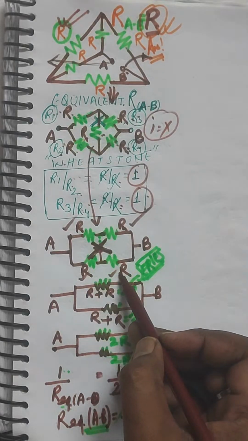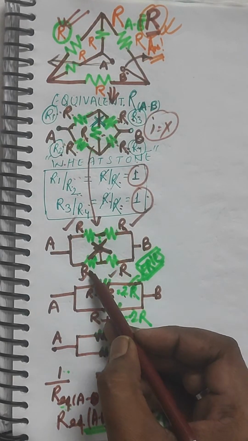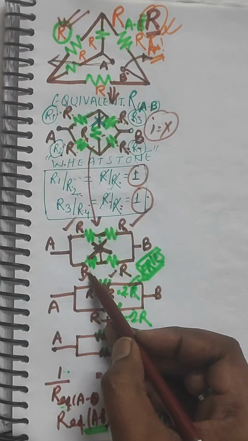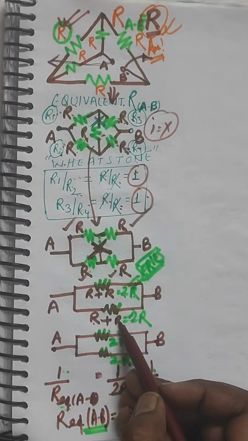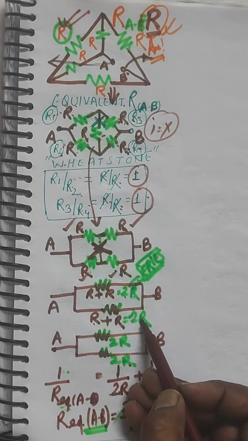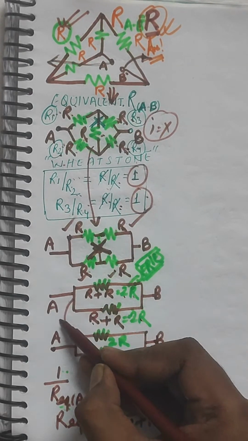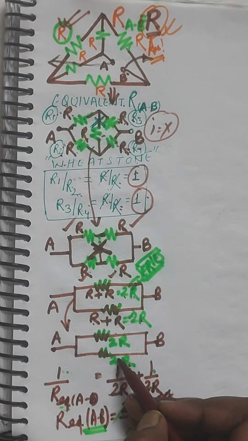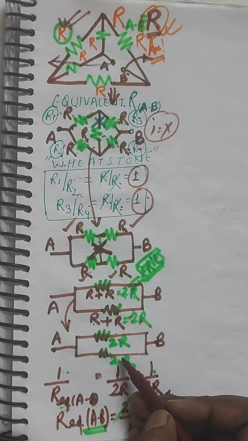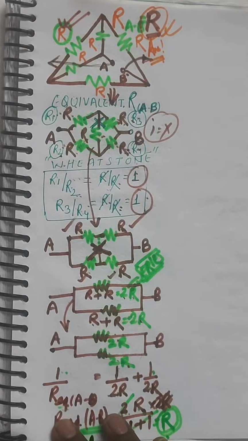Similarly, the bottom two resistances are also connected in series, whose equivalent resistance is nothing but R plus R equal to 2R. So this circuit can be further simplified like this. 2R and 2R, these two resistances, are connected in parallel. So the equivalent resistance